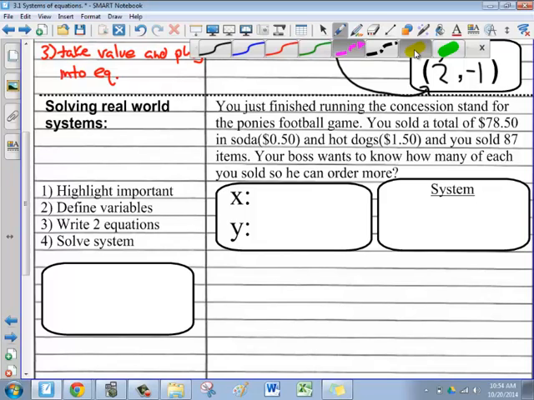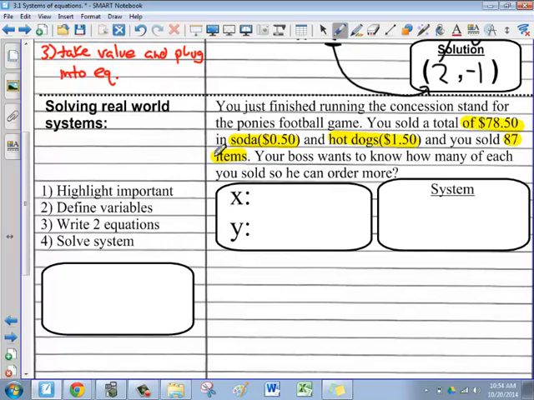It says, you just finished running the concession stand for the Ponies football game. You sold a total of $78. That seems important. In soda, which is 50 cents, and hot dogs, which I'm guessing are $1.50. That's a pretty good price. And you sold 87 items altogether. So when you add up all the sodas you sold and all the hot dogs you sold, there was